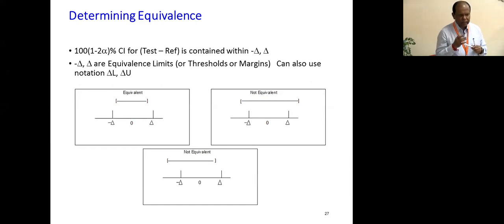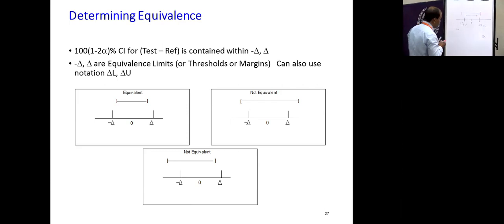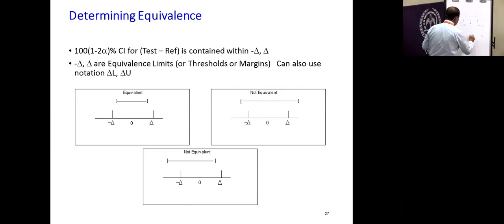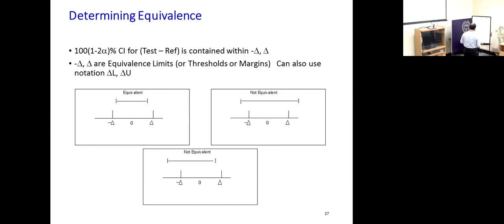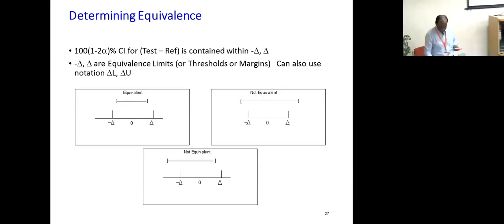Now, therefore, please remember, we are going to talk about three designs. All these designs will calculate the confidence interval. This is superiority. It excludes zero, and it is significantly superior. This includes zero to say equivalent. If any one of the limits exceeded the margin, you would say it is not. Now, any questions?